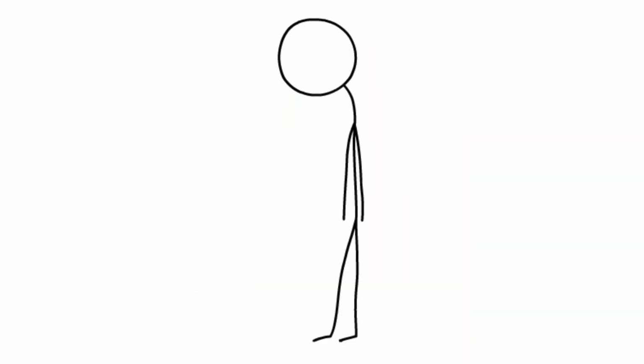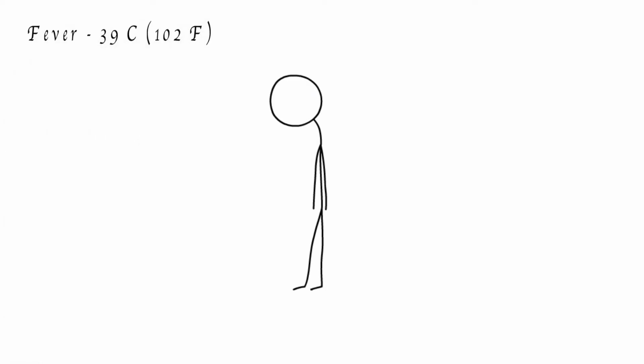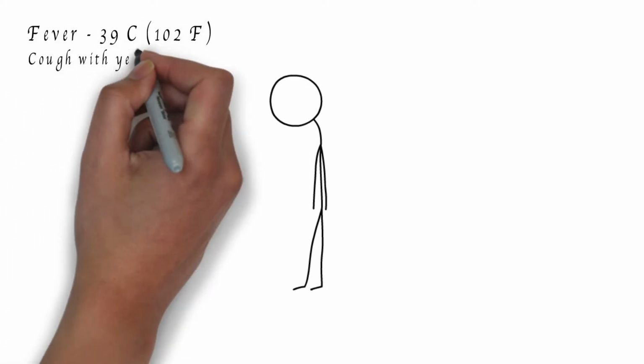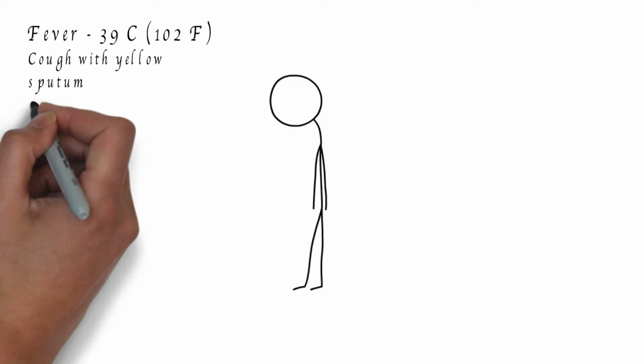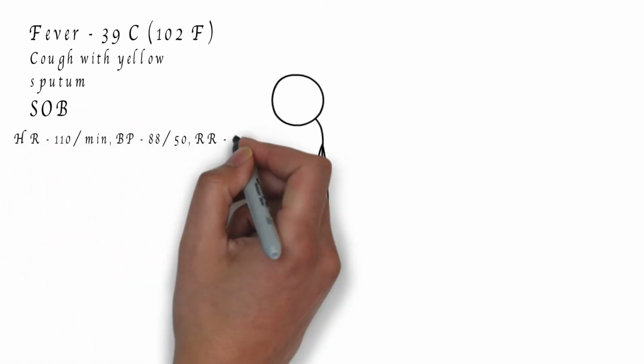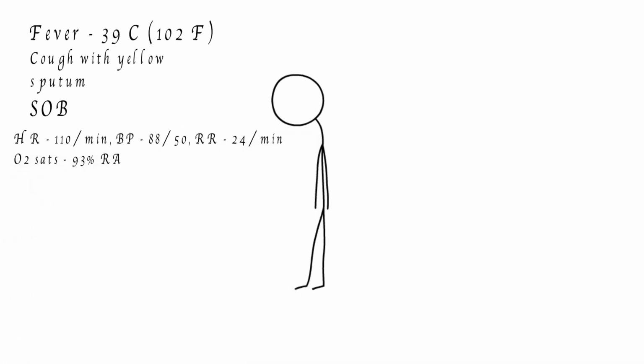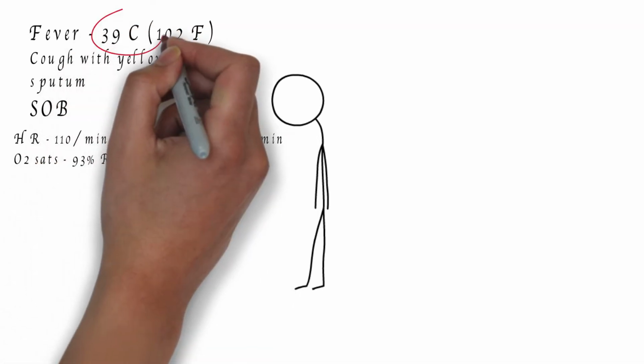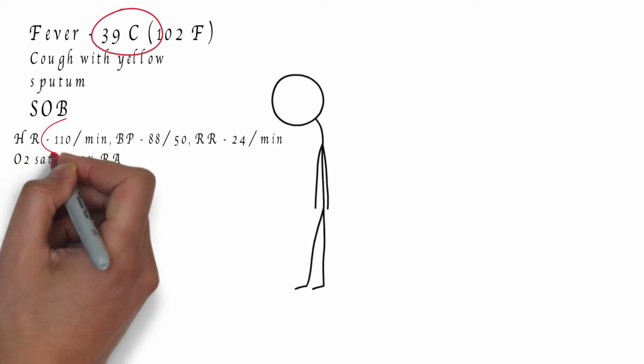septic shock, and other therapies. This patient presented with fever of 39 degrees Celsius, cough with sputum production, and shortness of breath. And these are the vital signs. By definition, patient is in sepsis. Patient has fever, tachycardia,